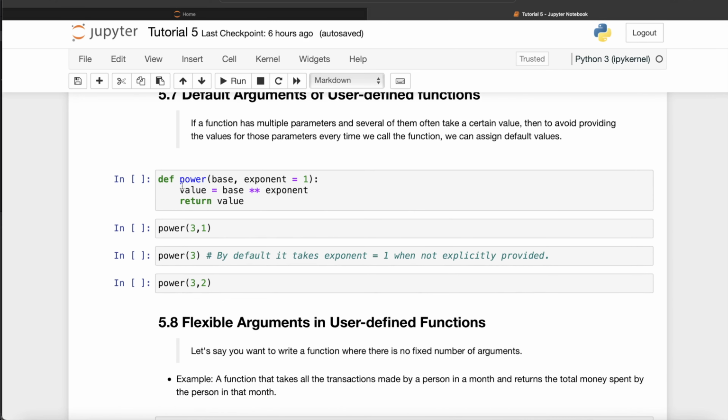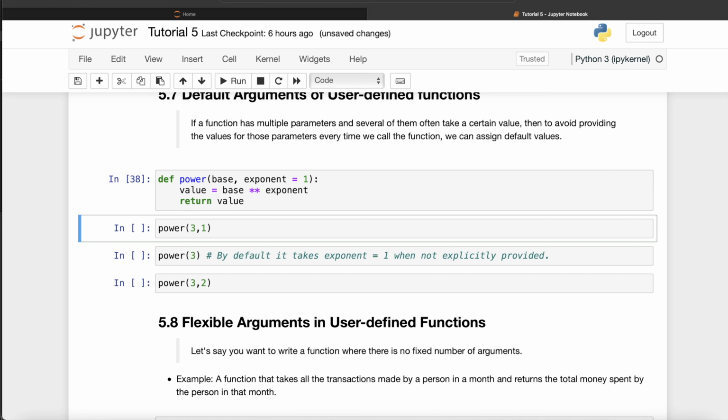For example, I am writing a function power, which takes a base and an exponent, and I'm writing exponent is equal to 1. So if I don't say anything, just return the number basically, right? The number raised to the power of 1 is the same number. Raise it to the exponent, store it in value, which has local scope, remember,